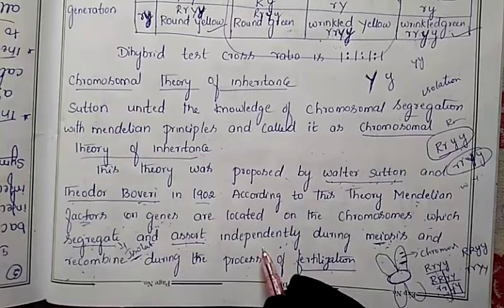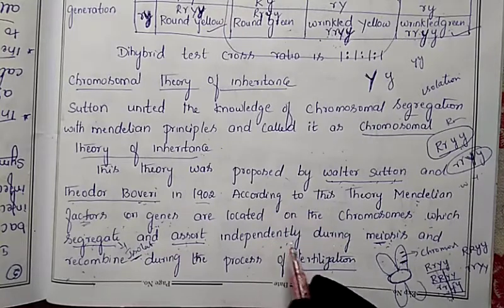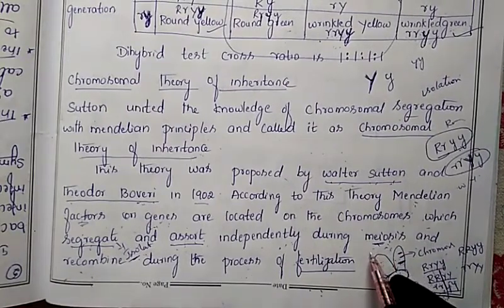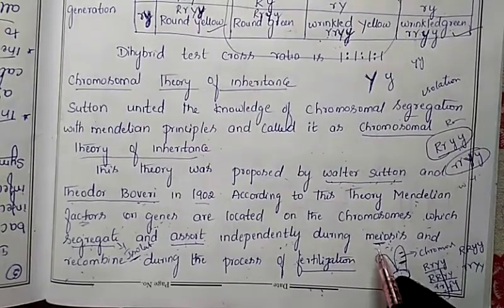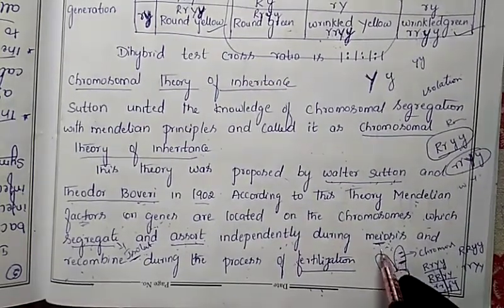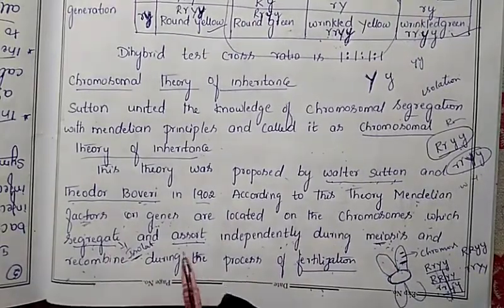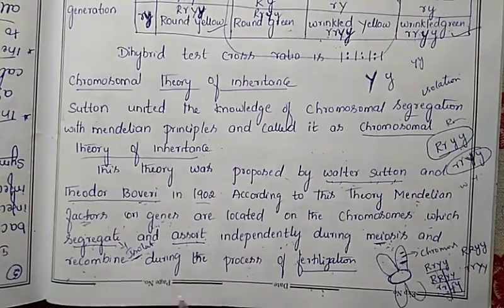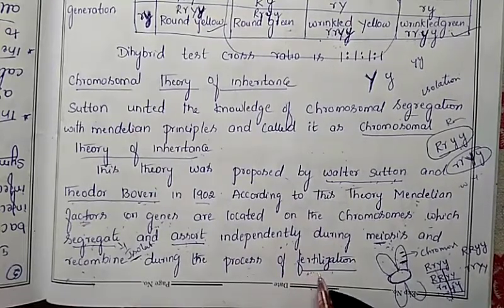All these things happen independently. It is not done artificially, it is not done by ourselves, it happens independently inside our body. During which process? During the meiosis process, because, as you know very well, meiosis is the reductional cell division. During this process the genes get segregated and assorted, and recombined together to express a new character. And when will they express? During the process of fertilization.